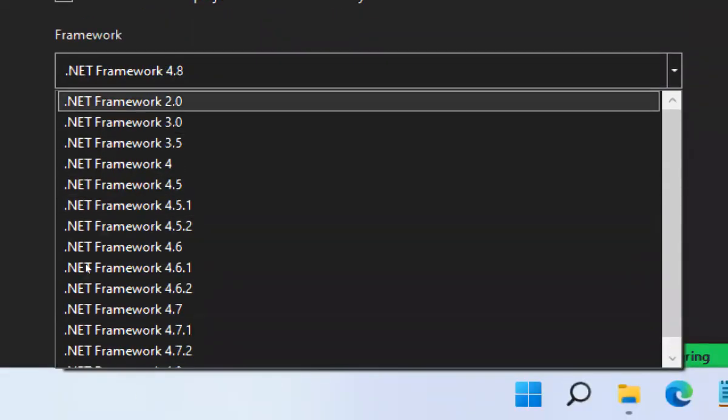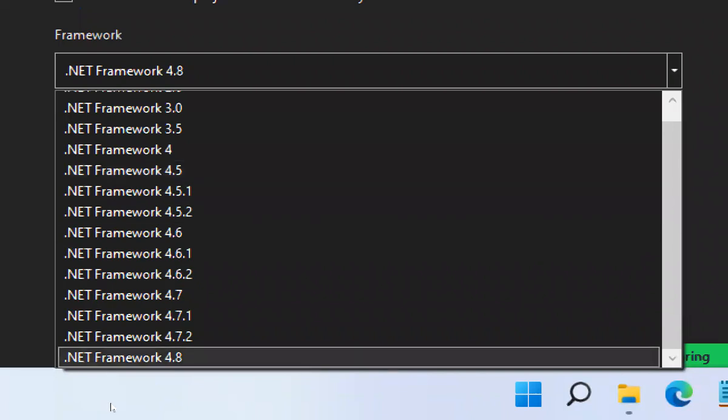See, starting from before 2.0, we have 1.0 and 1.1 too, but all these are outdated. They give support from 2.0 to the latest, 4.8. Are you clear or not? If you're not getting 4.8 in the list, do you know why? Individual components are not selected.